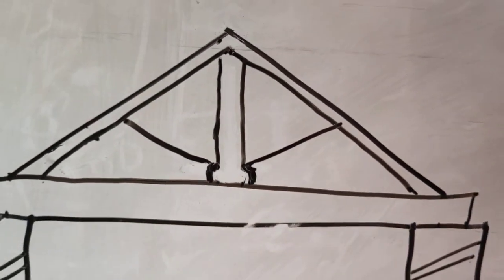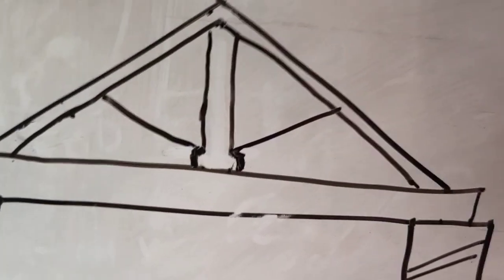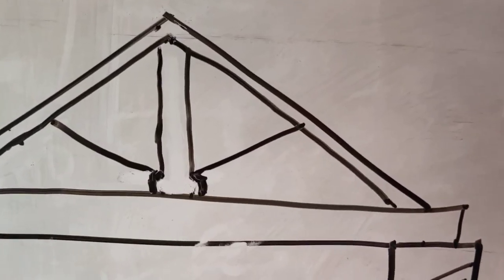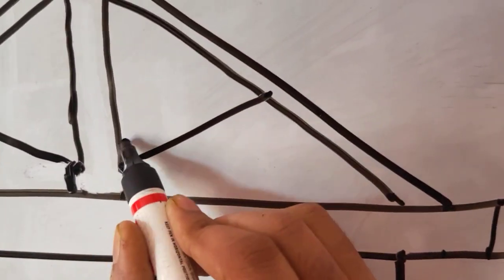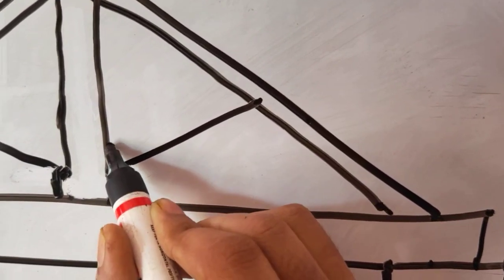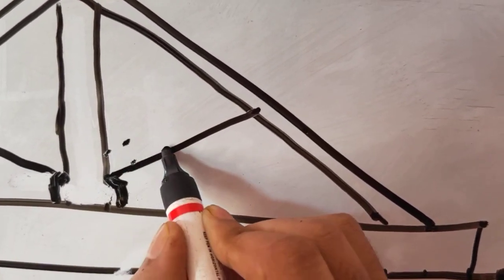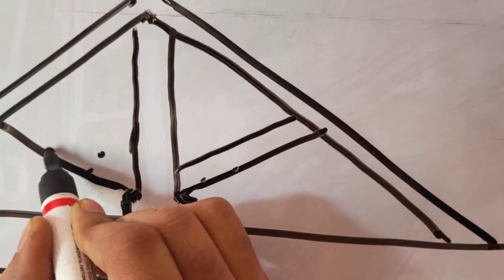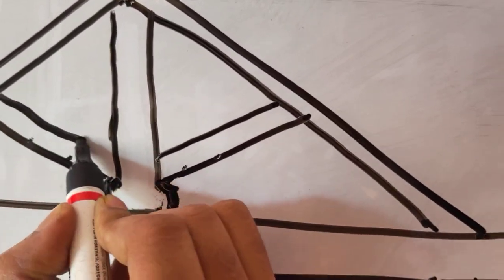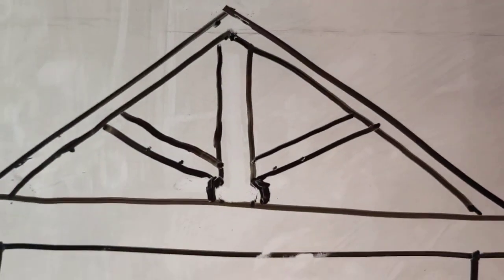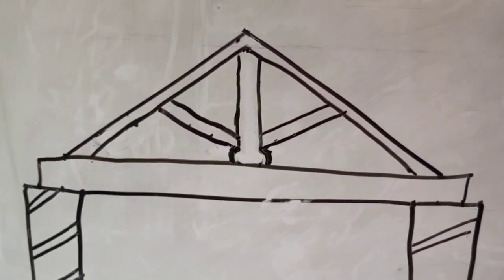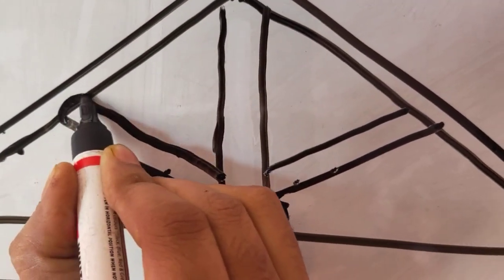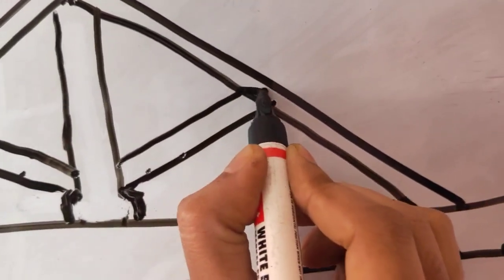Okay. Now let us draw the struts. What is the size of the struts? I think it is 100 mm by 100 mm. Let me check. So 100 mm in our scale it is 4 millimeter. So from this line you mark 4 millimeter here, 4 millimeter, and draw this line. Just like that, 4 millimeter from here, 4 millimeter thickness, and draw this line. So our struts are also complete. And also insert the head of the strut into the principal rafter like this.